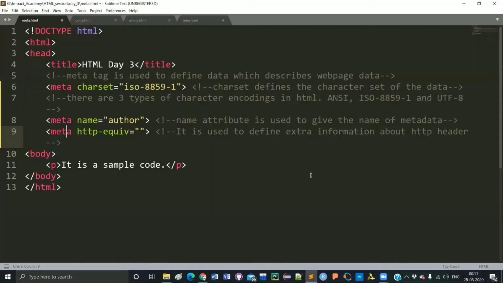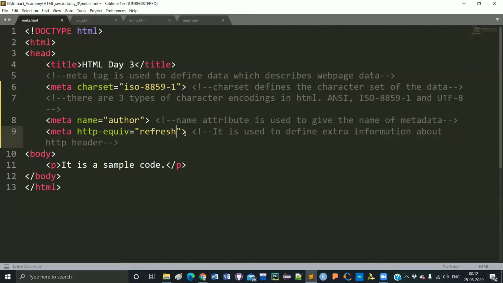There are several attribute values of this http-equiv, and you have to know that one value is refresh.